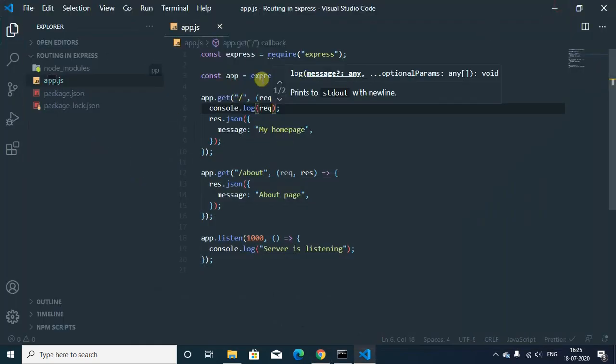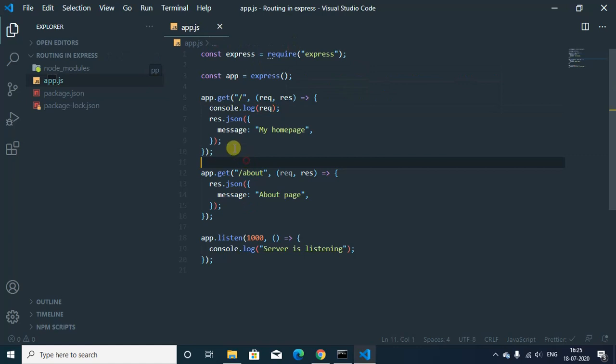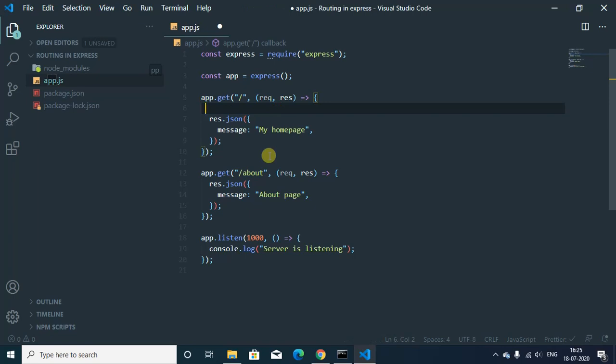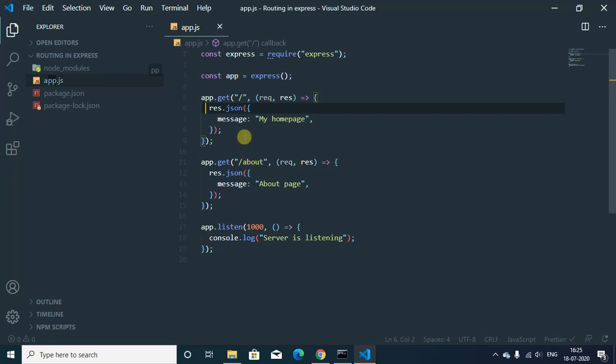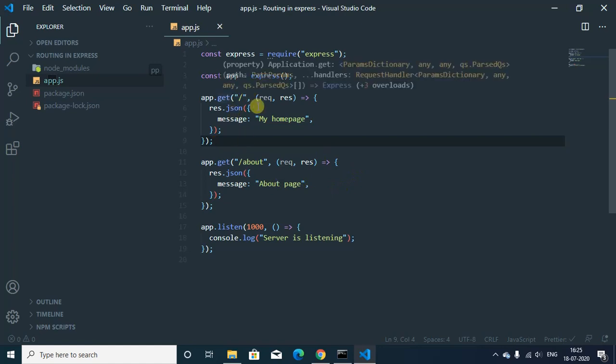Okay, so this is just a request that is sent by the browser to the server. Now, another thing you need to know is how to do routing to the different URLs, like slash and slash about and all those things. These are the routes which we use when we render different web pages